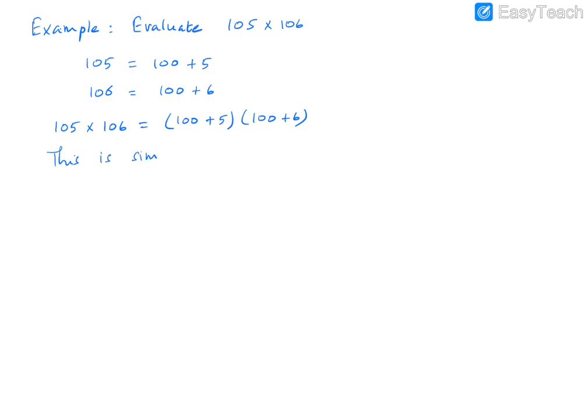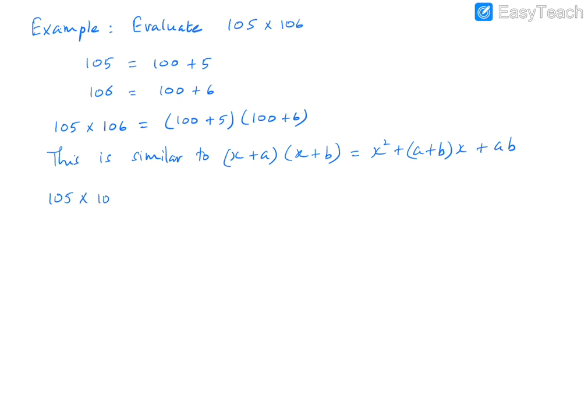This is similar to (x plus a) into (x plus b), where our x has the value of 100 and a is 5. So x is again 100 here and b is 6. So the expression for this is x square plus (a plus b) times x plus a into b. So we can use this identity and solve this. So we can write